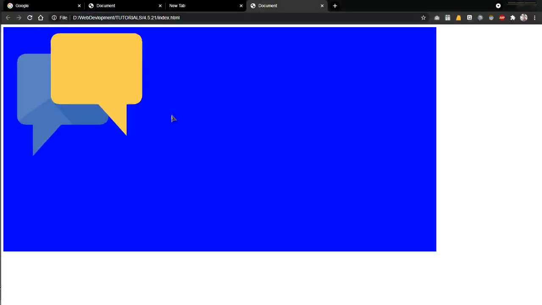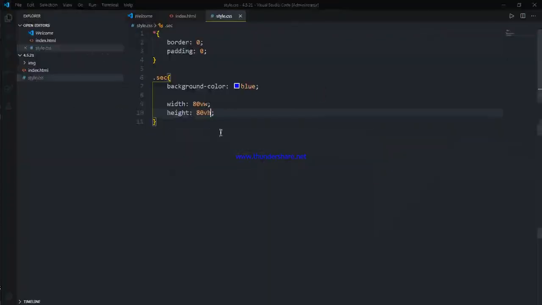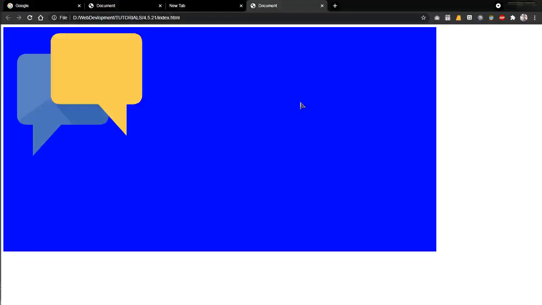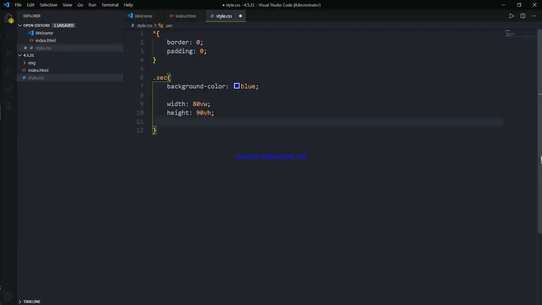So we want it in the middle, right? We will extend this a little. Here we don't want it exactly in the middle.